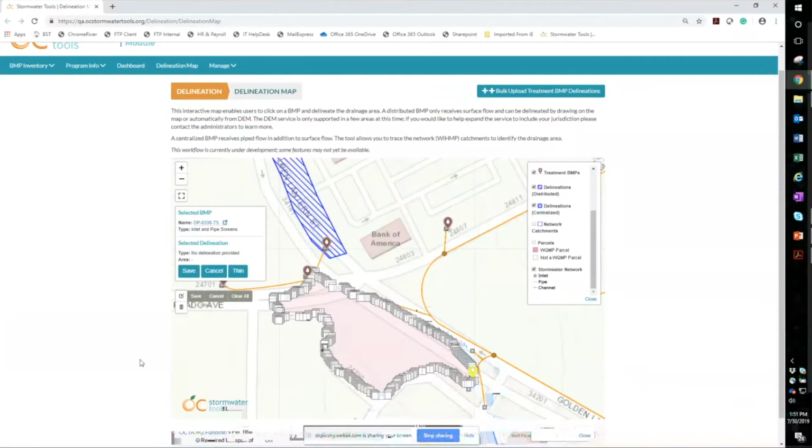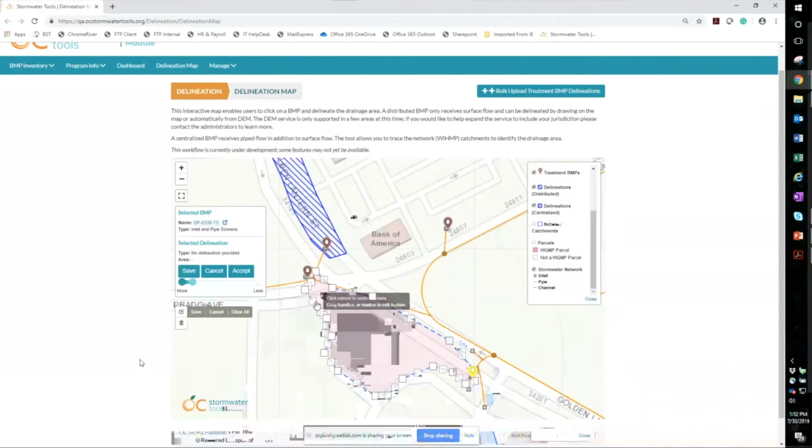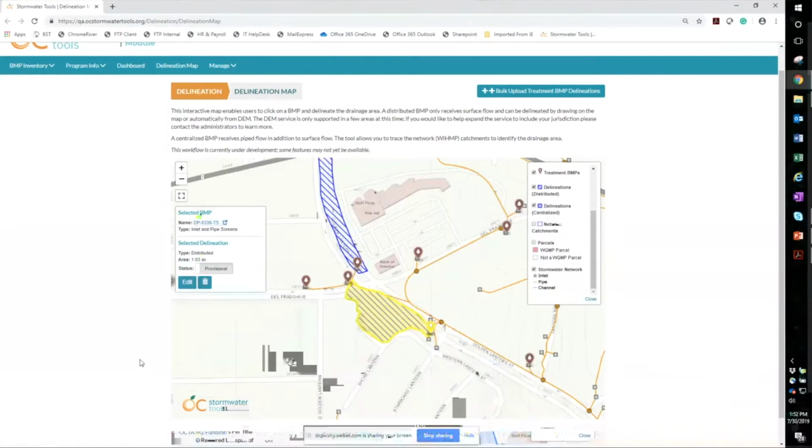So first it comes back, it's a little bit thick. You really want to edit this. Maybe you know that it doesn't take all that area there. There's a grade break there that I know of that this tool doesn't know of. So we can edit vertices, and we can do that by thinning first, because that's too many vertices to edit. So we have a thinning algorithm, so you can sort of start to thin the vertices. Go in here quickly, just click on solid vertices to delete them, or click on hollow vertices to add new ones until it looks like it's about right for this, and then go ahead and click save, and that becomes a stored